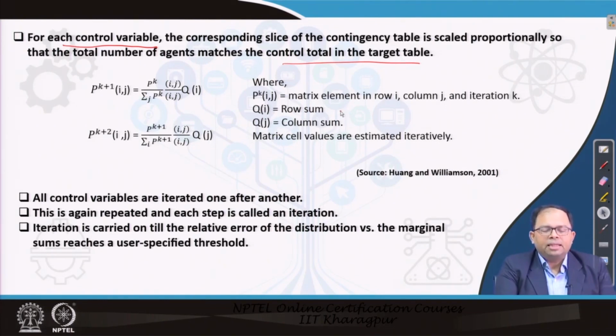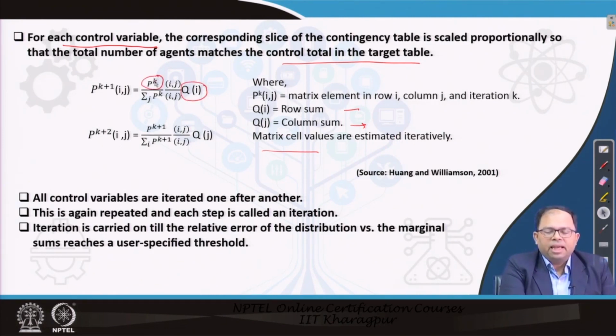These are the target control totals for each row, and these are the target control totals for each column, and then we can estimate the matrix cell values iteratively using these two formulas, where we see that this is the control total and this is the actual value of a particular cell, which we need to modify proportionately by summing up the values of all the